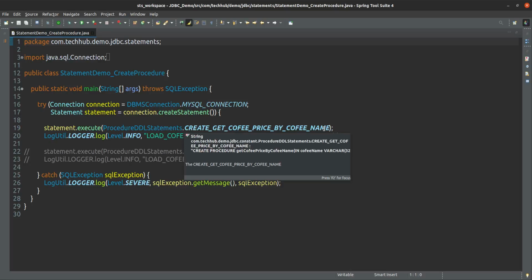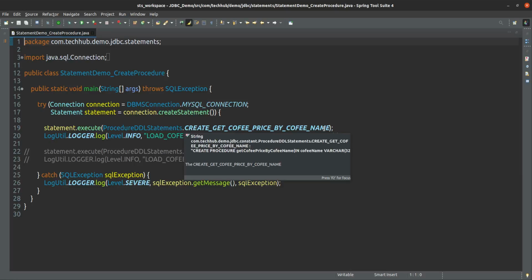That is not the actual use of a procedure. What is the use of a procedure? Suppose from the tables you don't want to make the connection every time. First you will get 10 records. We will select the 10 records. After selecting them, we have to update the values, and after updating the values we have to save, or update the same records into the database. So 2 times we have to make a call to the JDBC connection.